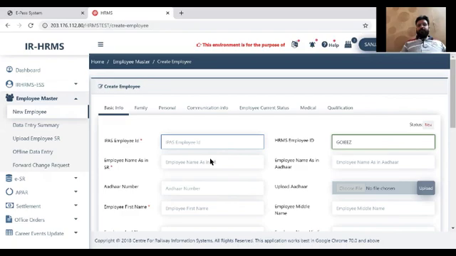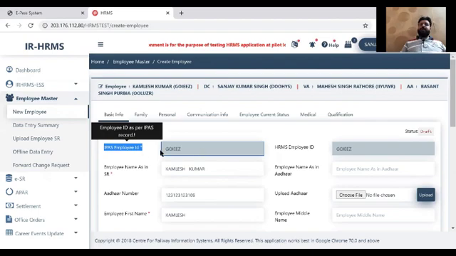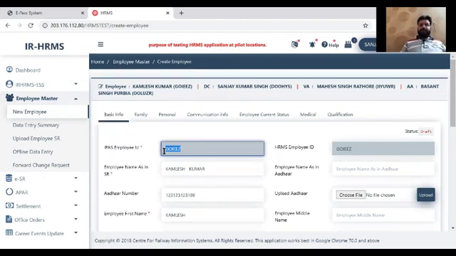Till now we have created the HRMS ID only. We have not got the IPAS number yet. So for the IPAS employee ID we are still using exactly the same HRMS ID. Once IPAS validates this information, IPAS will return us the IPAS number of this employee. Once we get the IPAS number, we are going to update it at this location in the background.